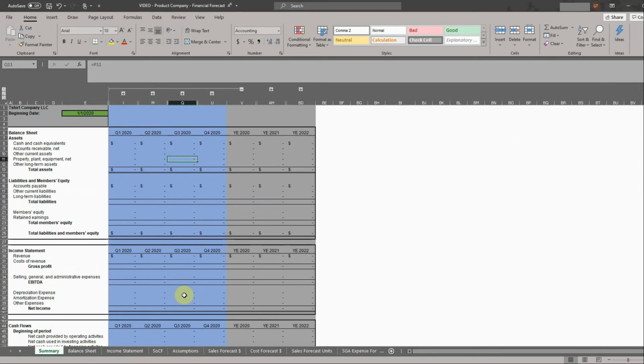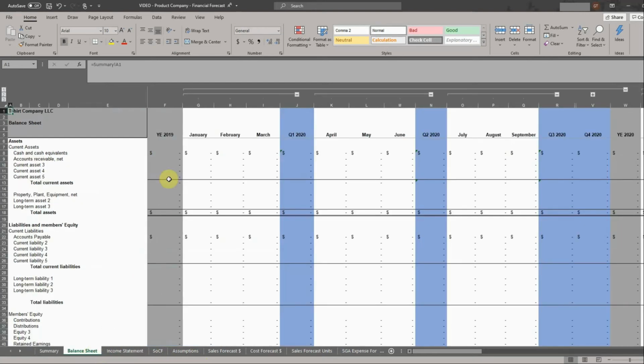All right, so the next thing we're going to do is start with our opening balance sheet. There's a spot here for the prior year's ending balance sheet, so this needs to be completed for everything to populate properly across your balance sheet. And then the next thing we're going to do is come to the Assumptions tab,